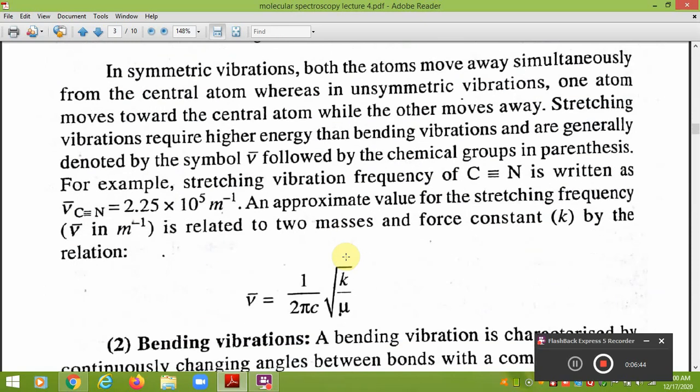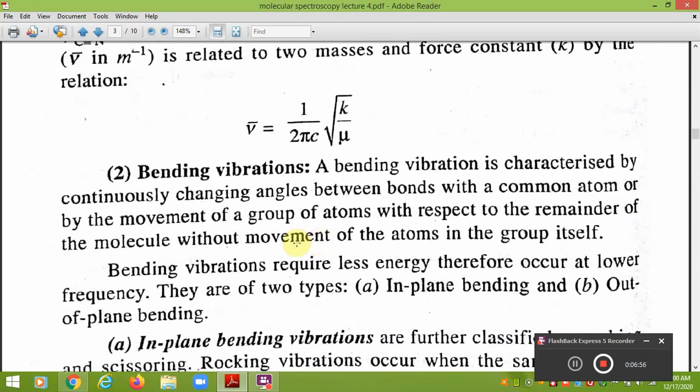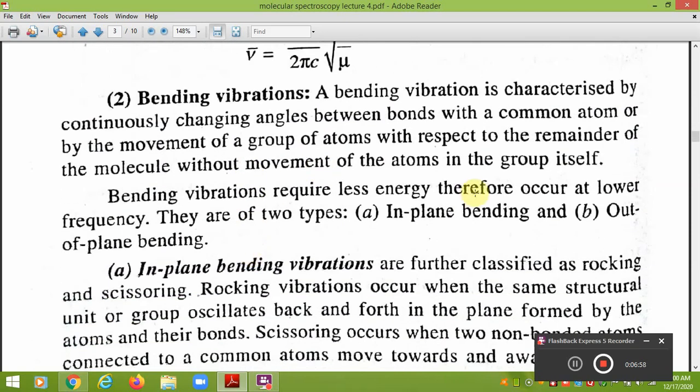So this is the simple case, and their stretching frequency is given by 1 upon 2 pi c into the square root of k upon mu. Mu is the reduced mass, k is the force constant, c is the velocity of light, and you know this is very simple. While in the bending vibration, the bond angle changes but the bond length